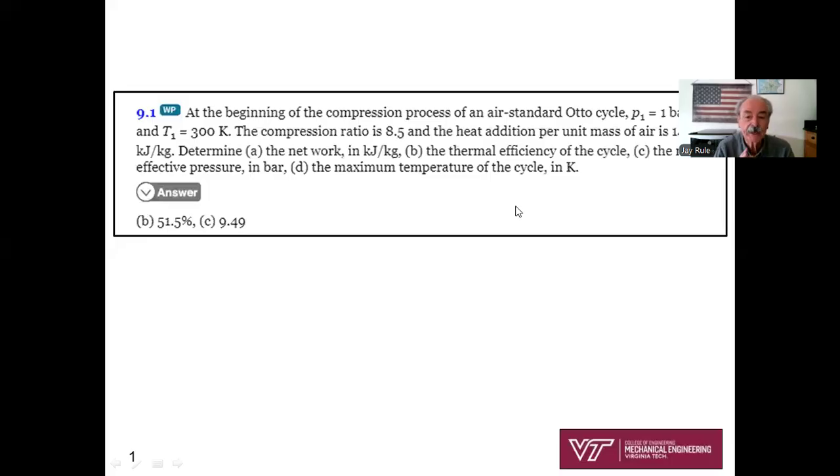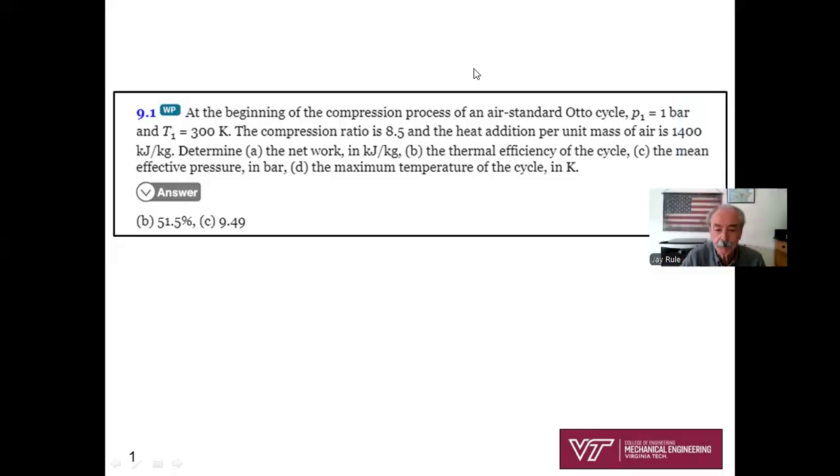Okay, I'll try to quickly read this problem. It's problem 9.1 in the textbook. At the beginning of the compression process of an air standard Otto cycle, P1 is 100 kPa, T1 is 300 degrees K. The compression ratio is 8.5, and the heat addition per unit mass of air is 1,400 kilojoules per kilogram. Here's what we need to find: the net work in kilojoules per kilogram, the thermal efficiency of the cycle,